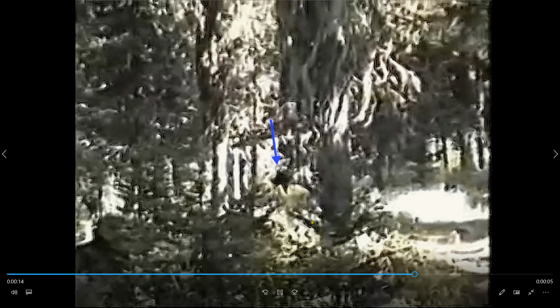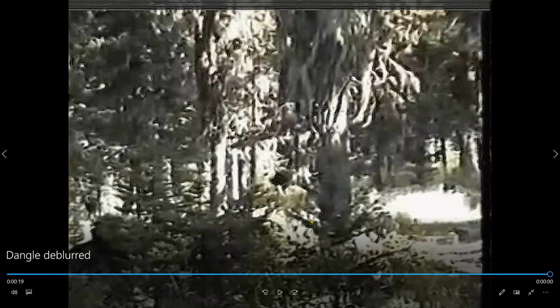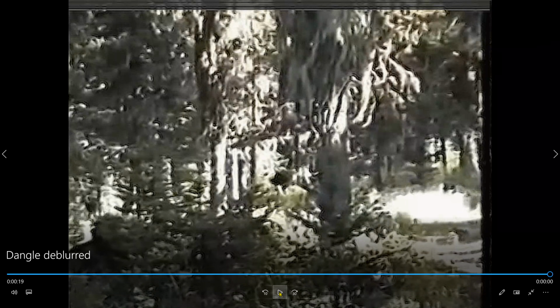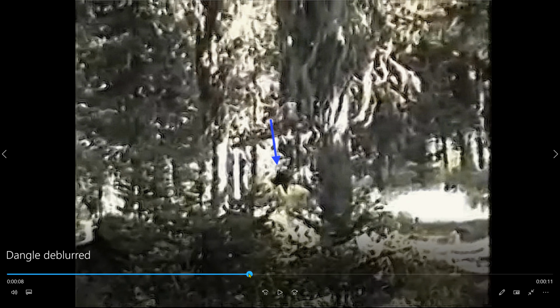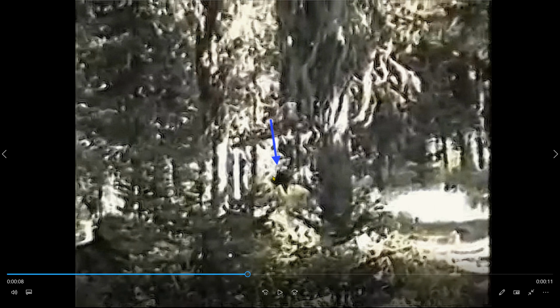It was at this point that he said, "Oh, there's two of them." Watch this area right here. That's her shoulder, left shoulder. That's her head.